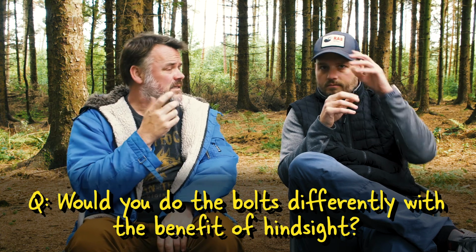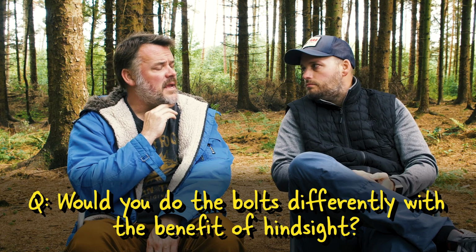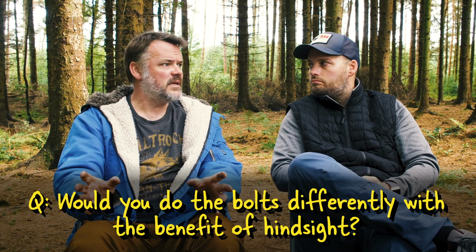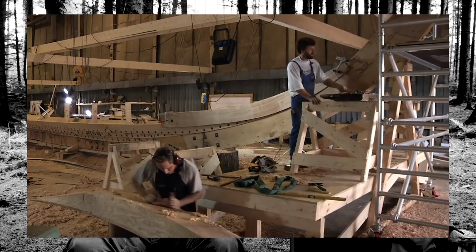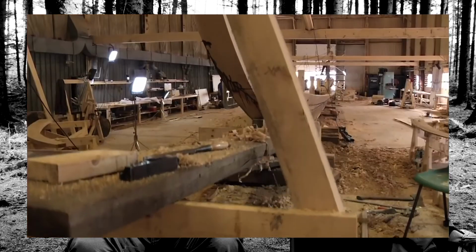So since then, I've been online and researched. There's some guys in Sweden that are making this huge Viking ship, like 65 metres long or something. They build that boat in the style that they call clinker built. And I've known that, and I thought it was the planks, but it's not. It's the